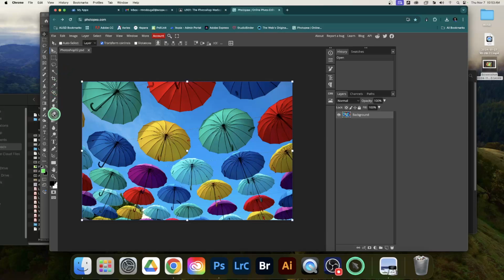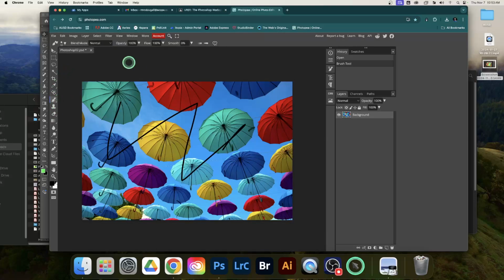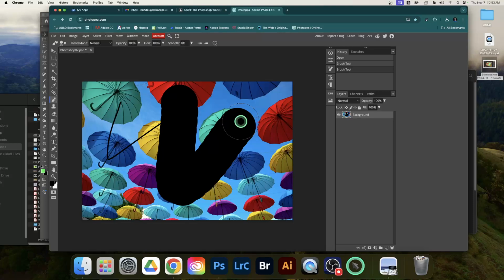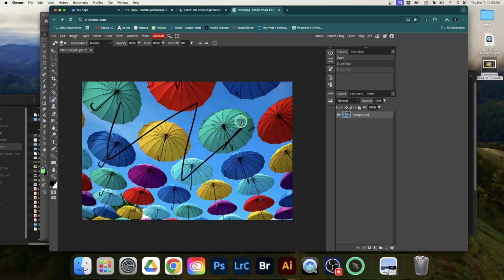You can go to your brush tool and you can start brushing on it however you want. You can change your brush size right here. However you want to do it is totally fine. And the shortcuts are still the same. If I hit Command Z, it undoes it. So whatever you want to do, mess around with this one. This whole assignment is just to explore the software and see what it can do and get used to some